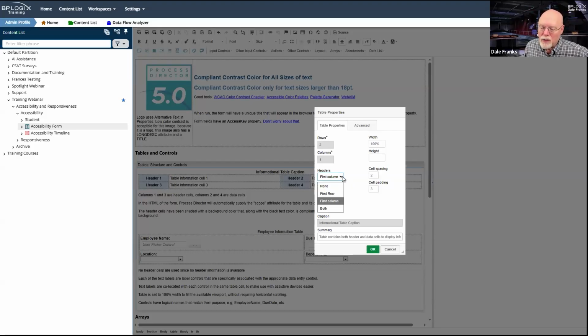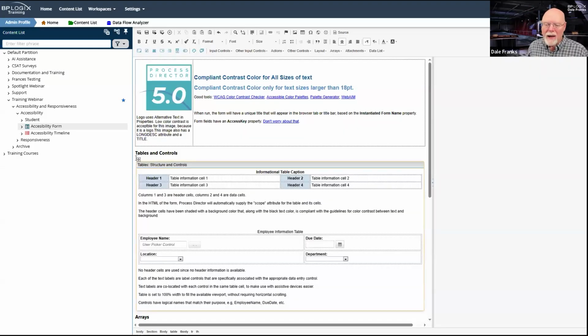I can have the first row, the first column, or both as header columns. And that's all fine. I've chosen the first column. So in actuality, the cells in this column, header 1 and header 3, they are headers, but they are defined as headers in the table properties.